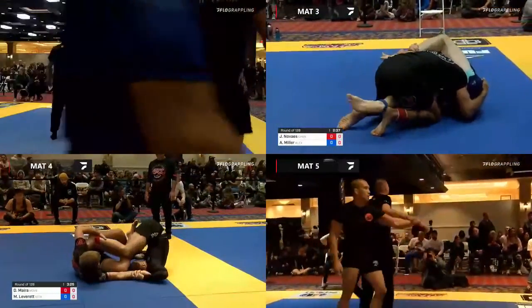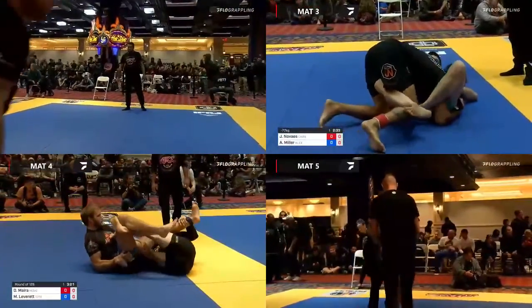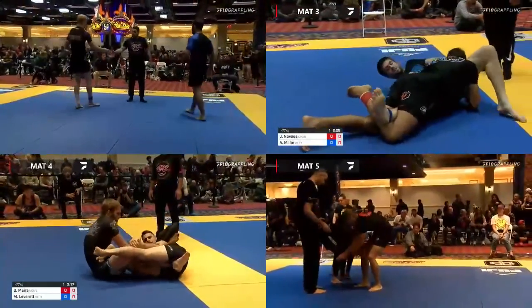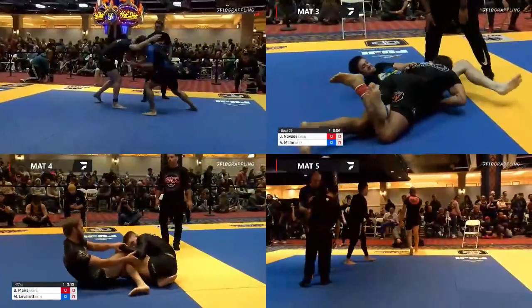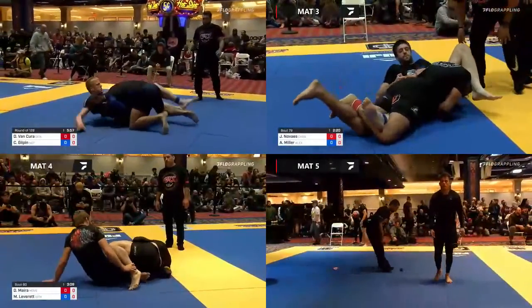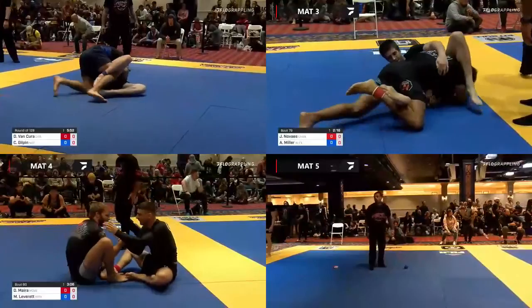Well, look at this. On the top right you've got mat 3, and on the bottom you've got mat 4. And those are both rounds of 128, the 77 kilogram division. And that's even after 70 plus competitors pulled out of that original weight class as well. So we still have a solid 6-7 matches to win gold. It's how big these divisions are. But